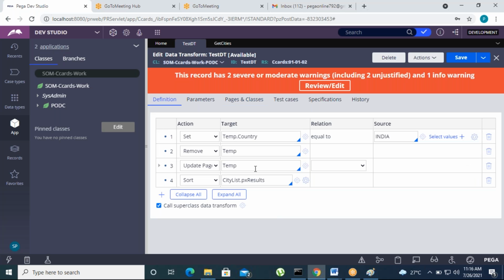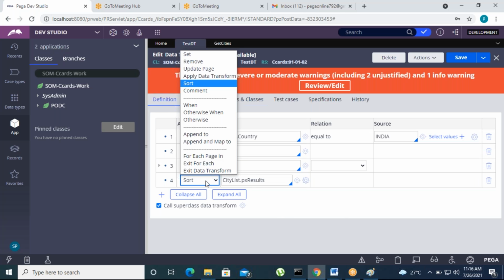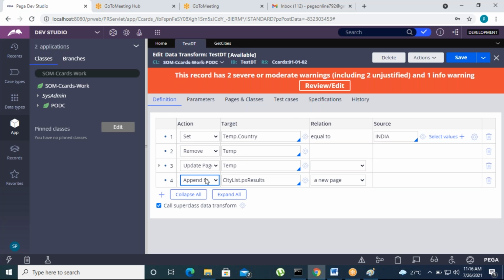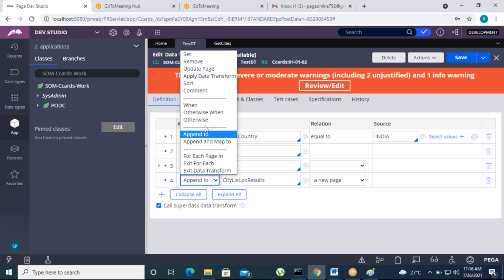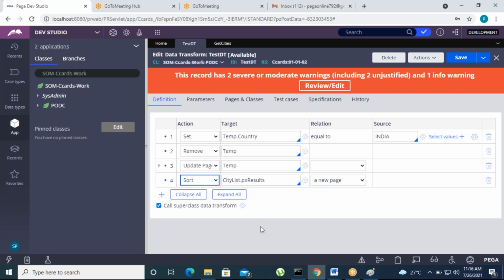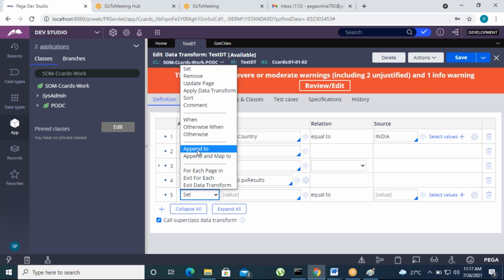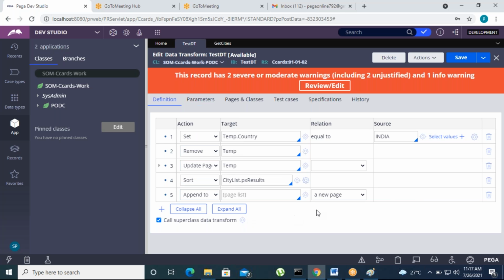Okay, let's go to definitions here, and then we can select the option called append to. Let's click on plus, click on append to. It will ask you for a page list, a new page, an existing page, and the current source page on each page.